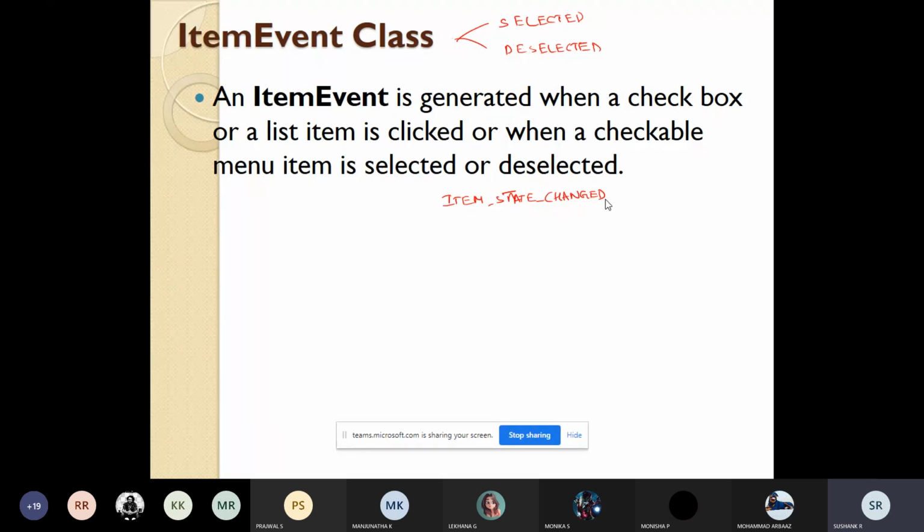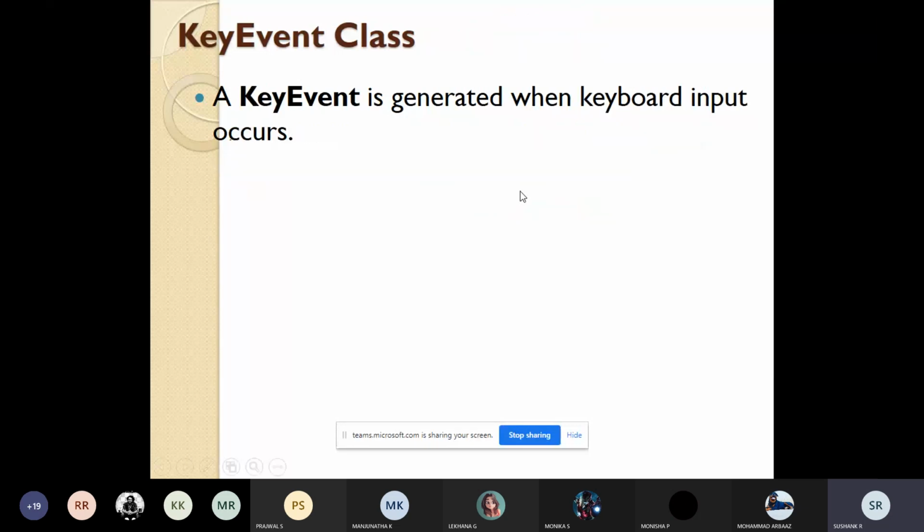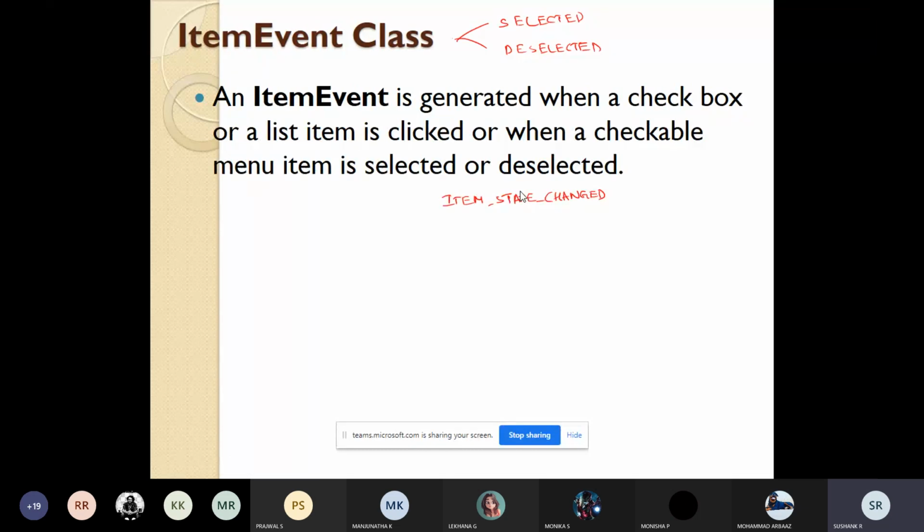This will give us the notification about the change of state. Whenever there is a change in state, this integer constant ITEM_STATE_CHANGED will let us know. So this will notify that a state has been changed.